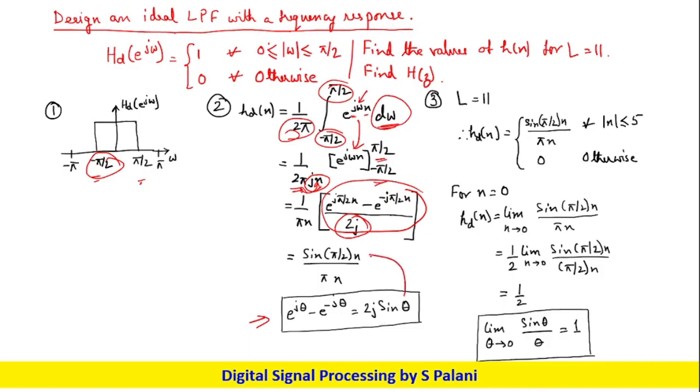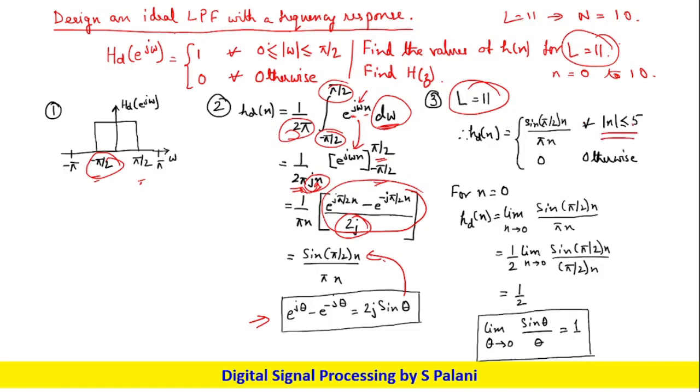So using this formula we have converted it into this form, sin of pi by 2n divided by pi n. Now in this case, what is the length of the filter? The length of the filter has been given. So L equals 11. So our capital N is equal to 10. So small n will be varying from 0 to 10. Okay, so let's start. hd[n] is equal to sine of pi by 2n divided by pi n for modulus of n